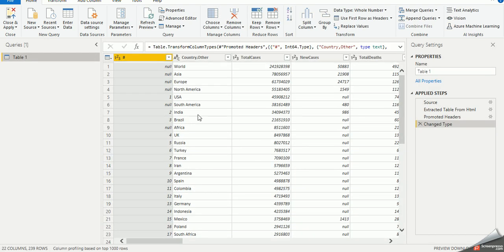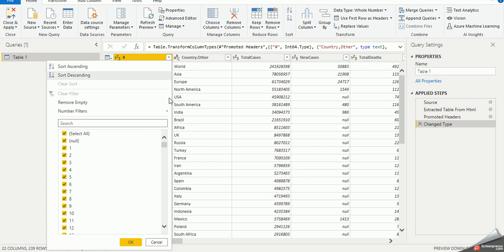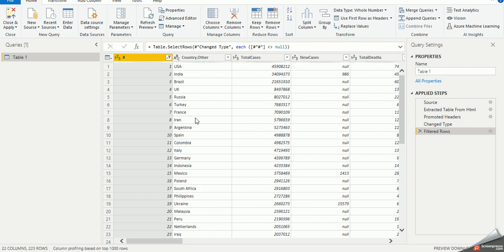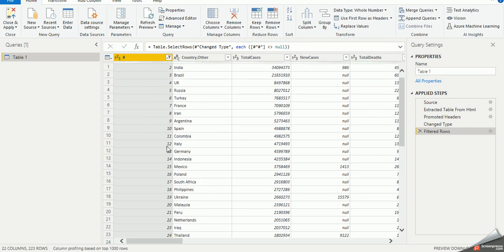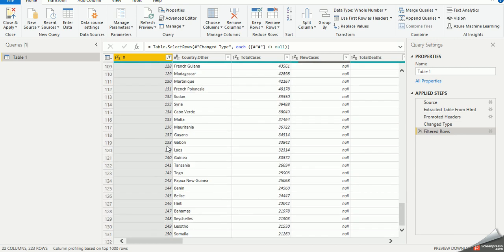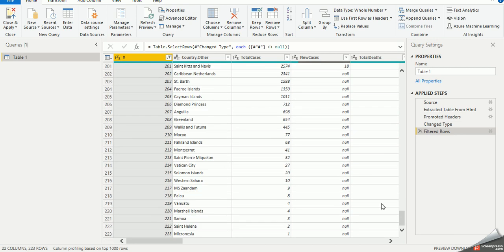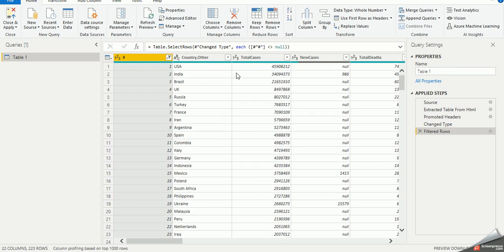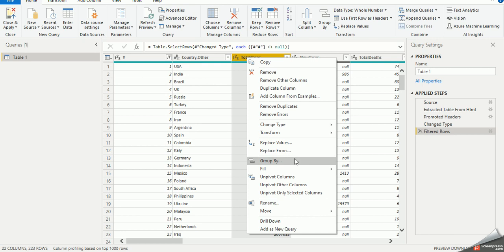Very easy for us, we just don't want to bring in the nulls. You can see when I click on filter and avoid nulls, it will easily bring all the countries, which are right now 223, and you can see that it has already converted the data type.